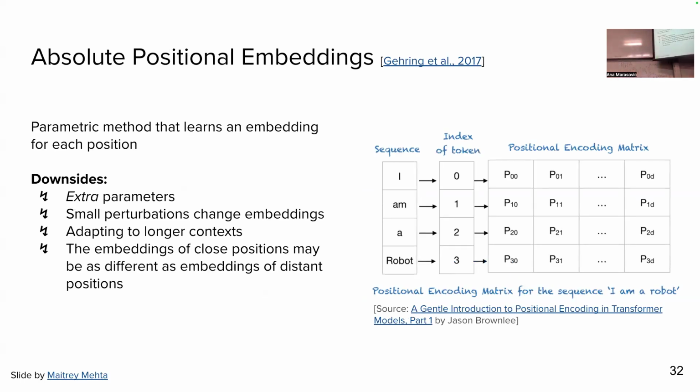trivial one, that has been used from 2017 for about 4 years, surprisingly to me, is that we just create an embedding for each position. So let's say the maximum number of positions we encode is 500. We would have positions from 0 to 500. For each one of these integers, we would have a high dimensional embedding representing and encoding that position. And then for each token, we would sum its token embedding in the input together with the embedding of its position. So if I had,